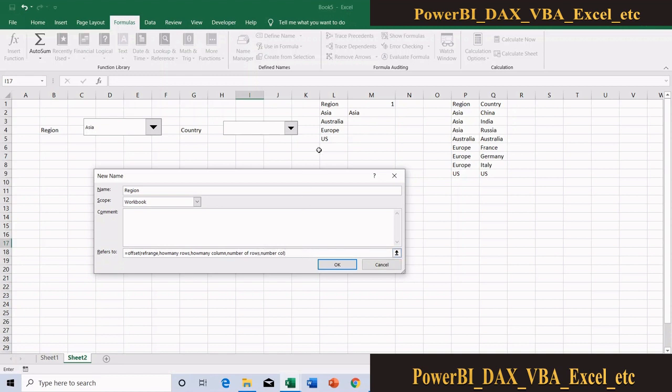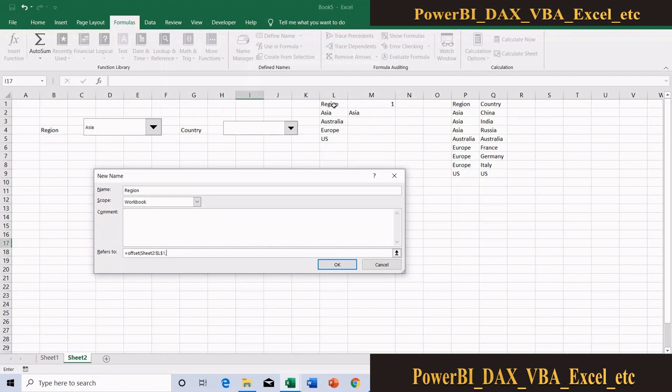So now I am going to create a dynamic range for this region. My reference cell, I am taking this as L1. This is my reference point. Then comma, then how many rows I need to offset.